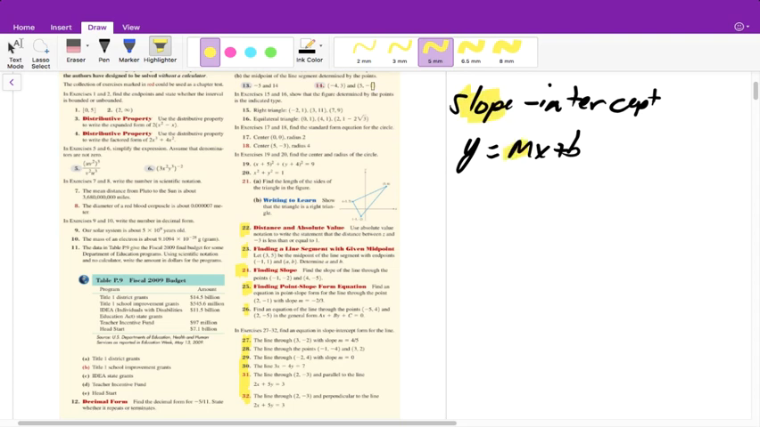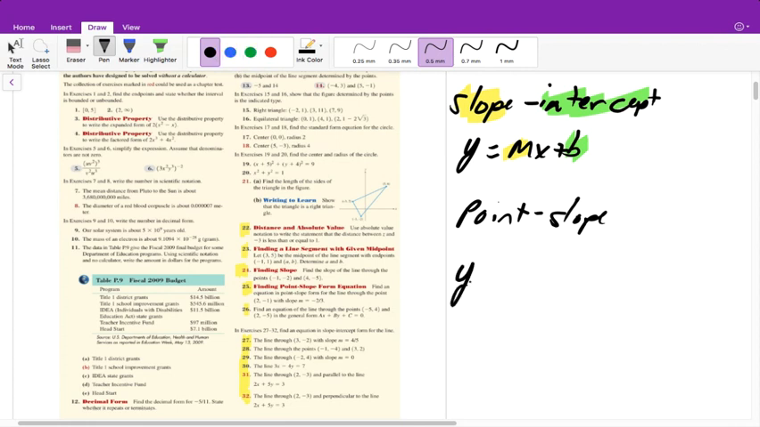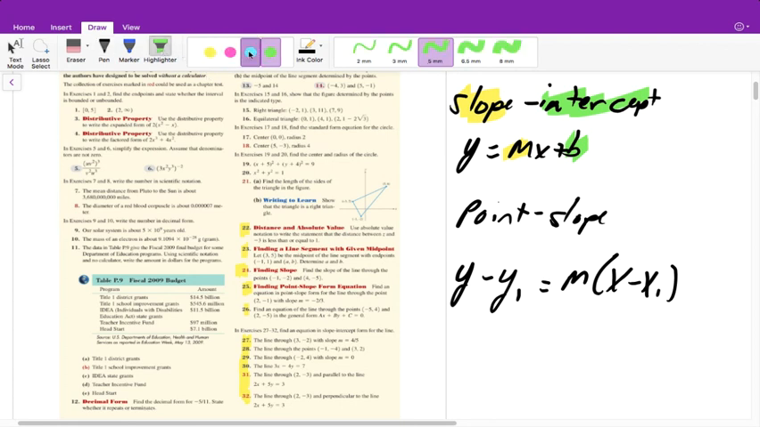because they give us our slope and they give us our y-intercept. And then the other one is our point slope equation, and that is y minus y sub 1 is equal to m times x minus x sub 1. And the reason why this one is called our point slope is because they give us a point, our y1 and our x1, and then they give us our slope, our m. So these are the two different equations that we learned last year,